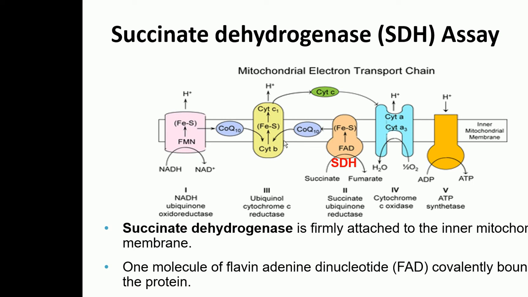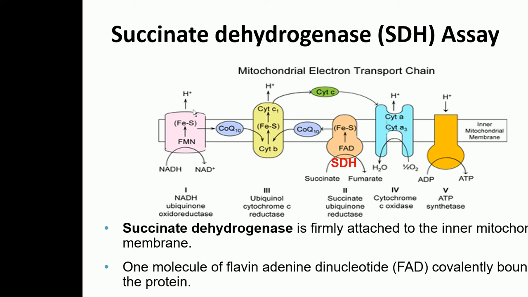We will talk about all the four protein complexes which are present in the inner membrane of mitochondria, and the second complex is actually this succinate dehydrogenase enzyme. This is part of the four. These four protein complexes actually form the electron transport chain. So all the high energy electrons which are coming from the food and are being brought by the electron carriers, we have talked about all these things in the class,